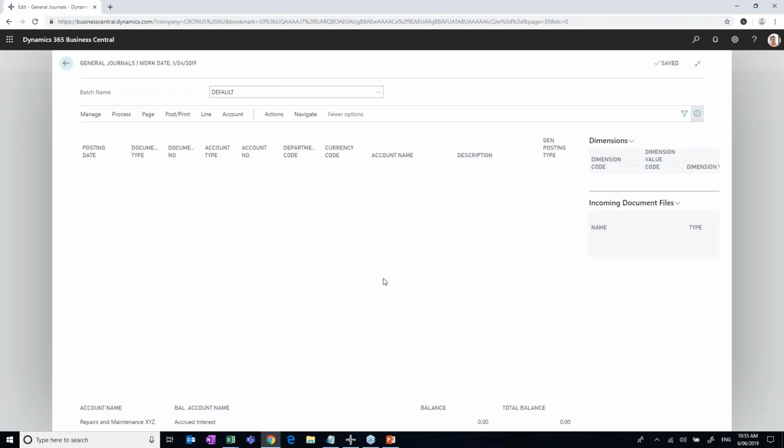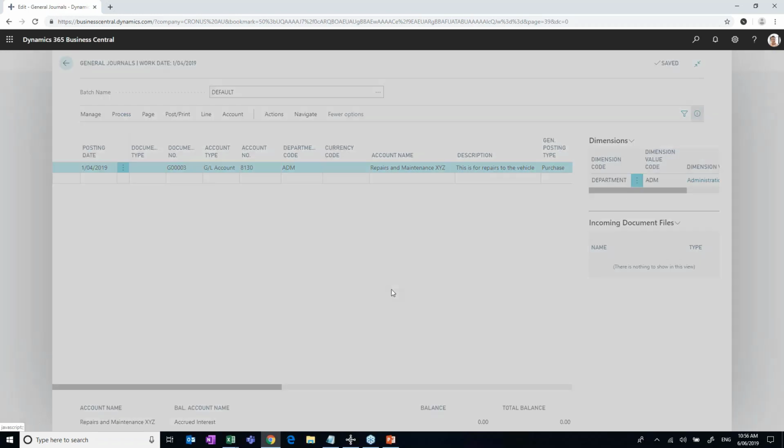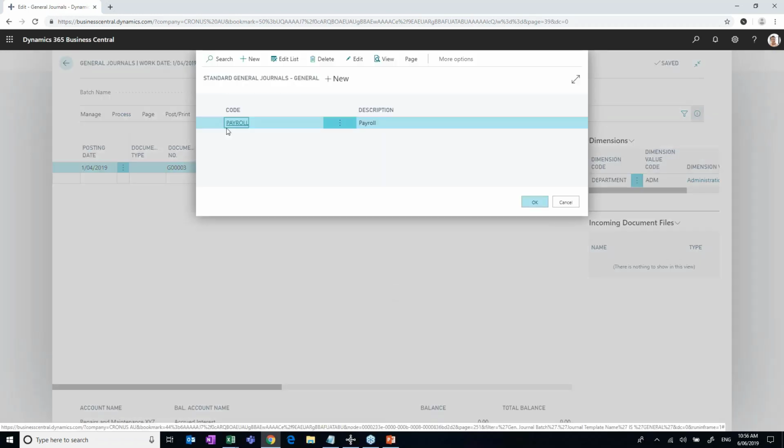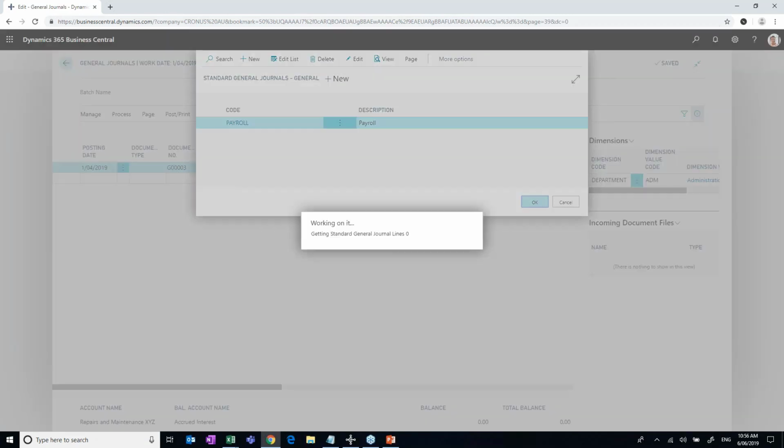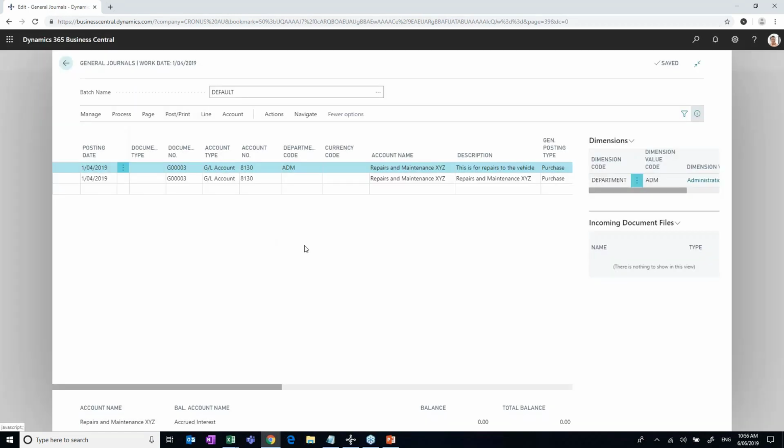One of the other nice features is the ability to upload journals, such as using the Get Standard Journals functionality. Think of Get Standard Journals as a template. So I could say get a template or pull through this template. I've got a template here called Payroll that I've created. By pulling in that payroll journal, it's just going to bring in account codes that I've saved